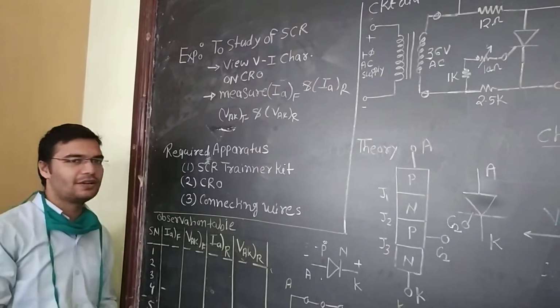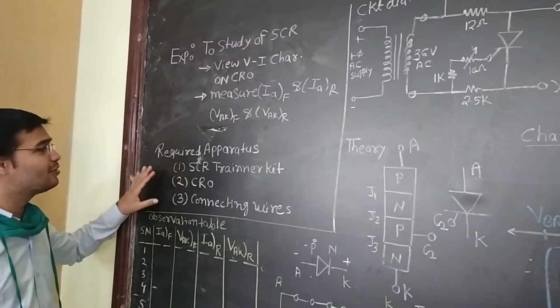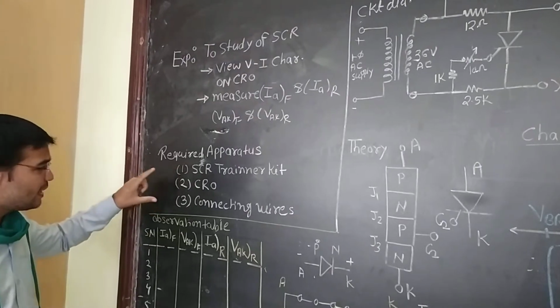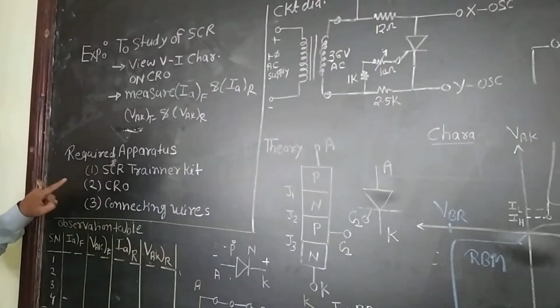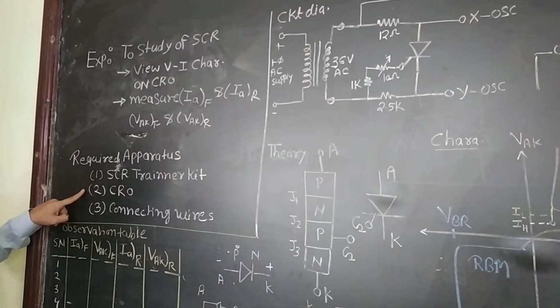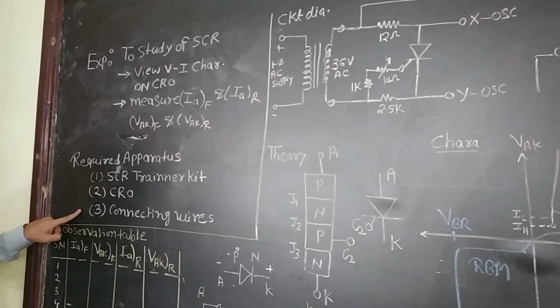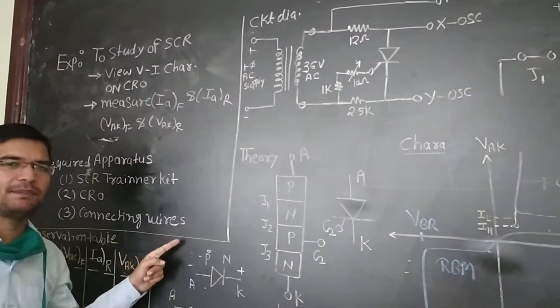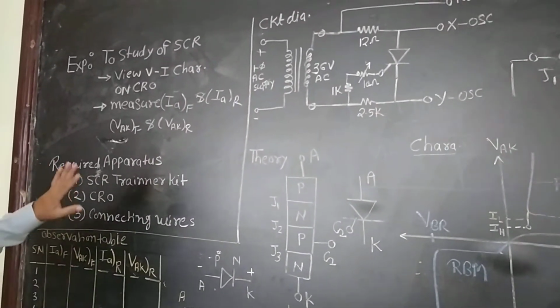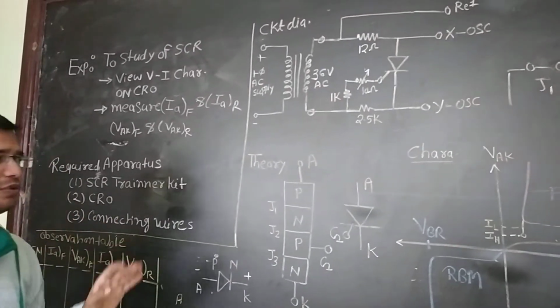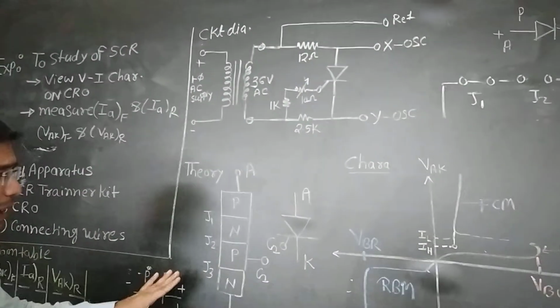For performing this experiment we require three apparatus. One is the SCR trainer kit, the second is the CRO, right? And the third is the connecting wire, which some people call a probe card. Before understanding this experiment, first I will give a brief idea about the theoretical background of the